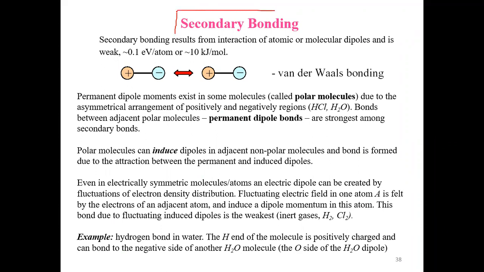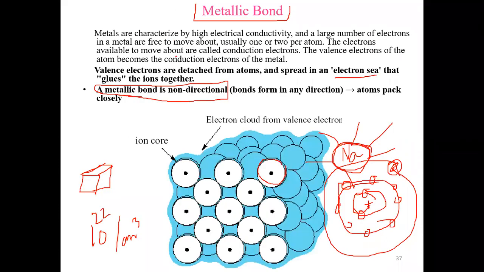If you notice carefully, primary bonds are actually between atoms. In the primary bonds, we have seen that there is an electron transfer or sharing, and the bond energy is quite strong. Another important thing is that the force behind the formation of the bond is actually the Coulomb force, which is proportional to 1/r squared.